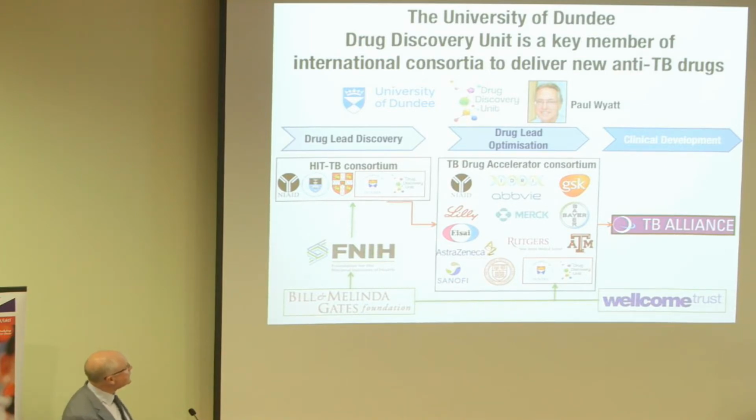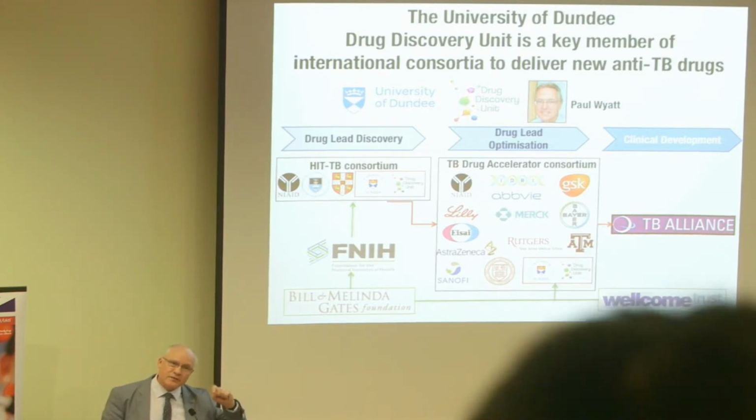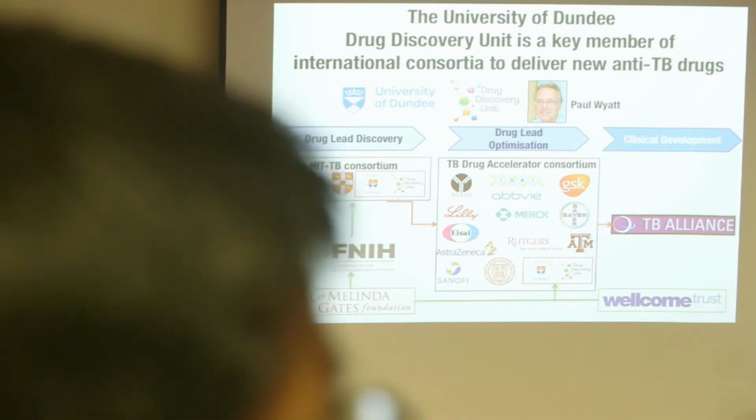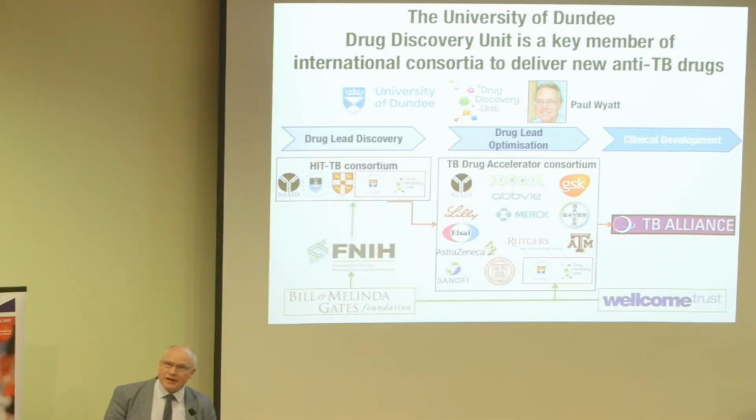US. And then there's another organization called the TB Drug Accelerator Consortium, which, as you can see, contains a lot of partners, including several major pharmaceutical companies, as well as other academic centers. But about 20% of all of the synthesis of new TB drugs happens at the University of Dundee. It's not enough, really. It's a bit sad that 20% of all the world's activity on making new TB drugs occurs in a small university in Scotland when it's killing 1.5 million people a year.